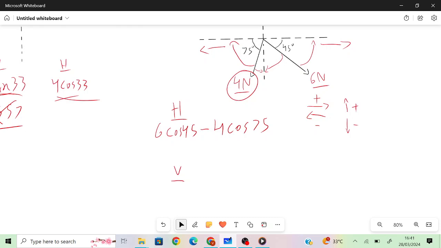So I would have minus 6 sin 45 minus 4 sin 75. If I put this in my calculator, 6 cos 45 minus 4 cos 75,